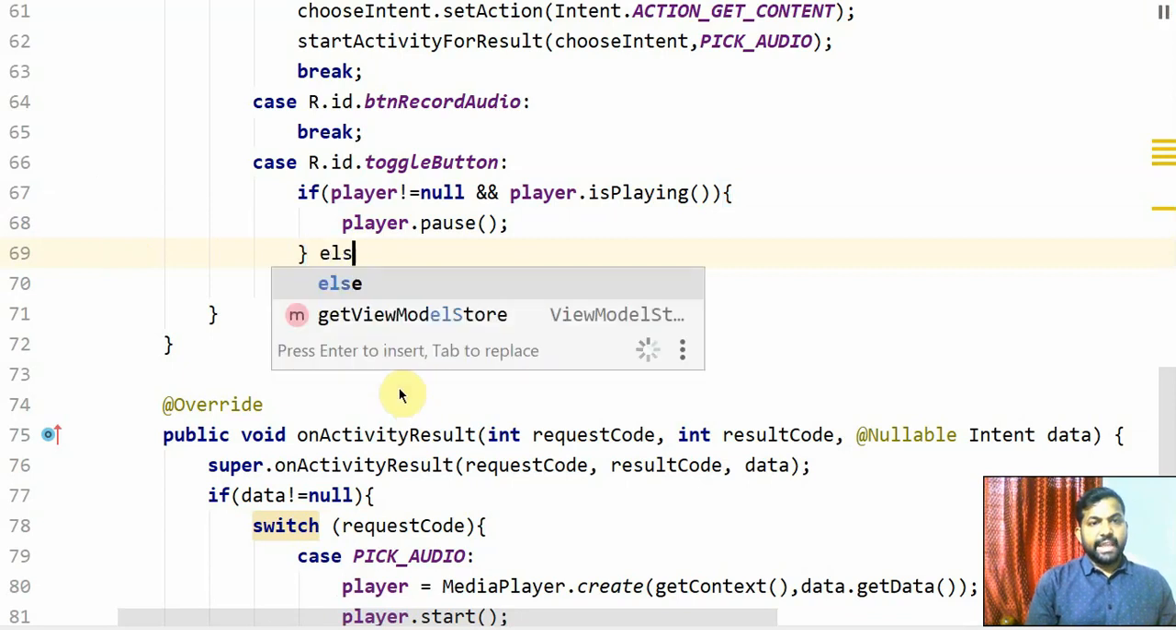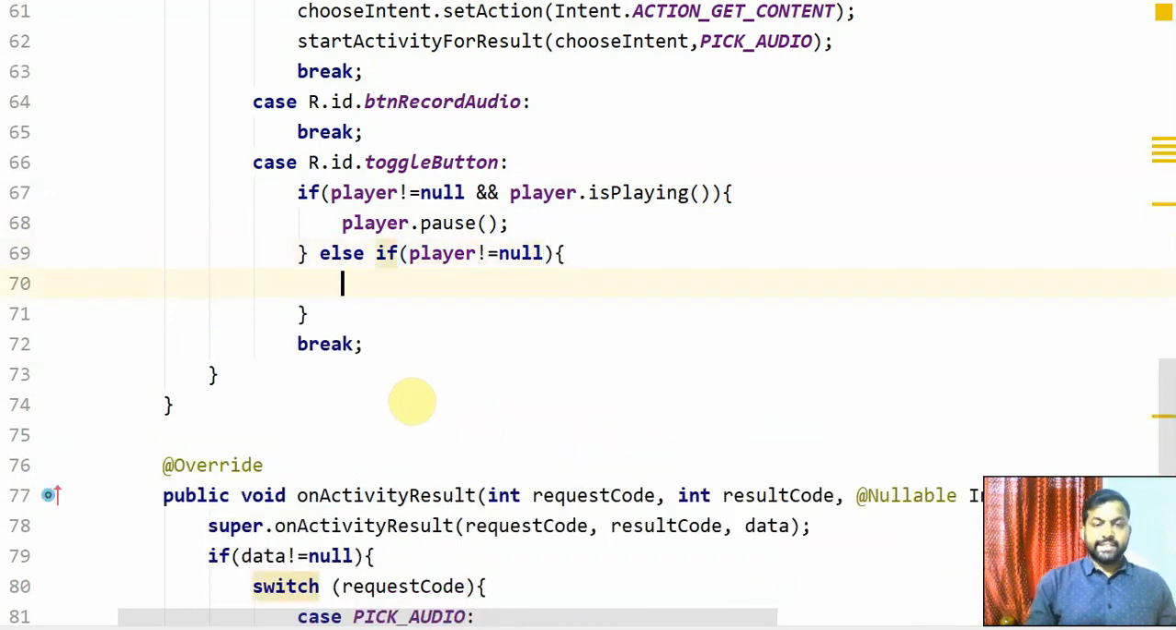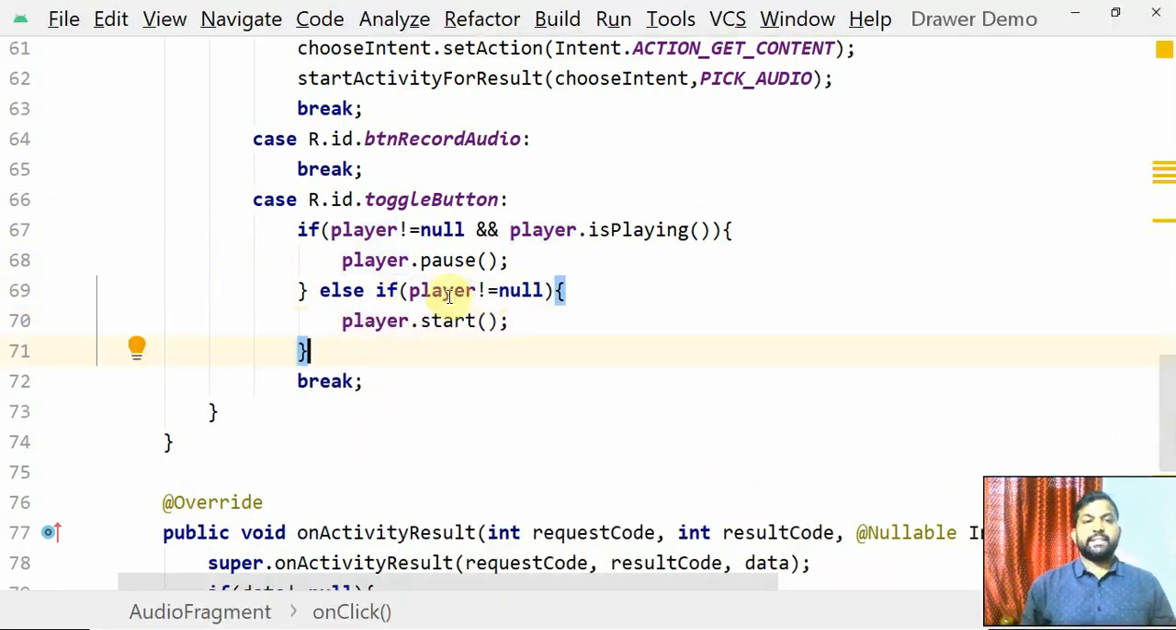So I'm going to say else if player is not equal to null. Only this condition is satisfied, which means player is having some data, but it is not playing. Toggle should start playing it. So I'm going to say player dot start. That's it. Now, before we check the program, how it works and all, we need to make sure that this